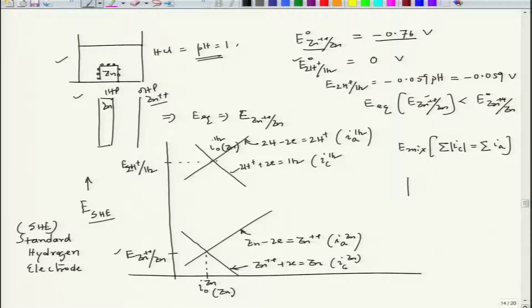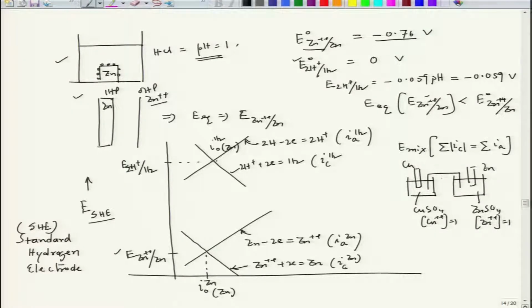For example, if we have a cell like this, this is, let us say, copper sulphate solution, this is zinc sulphate solution, and let us say concentration of copper ion is equal to 1, and here zinc ion concentration equal to 1. And then if we have a copper rod and a zinc rod in those solutions, if we allow them to stabilize, we will develop some potential here, and some potential here. Now, if we connect with a salt bridge, this is the salt bridge,